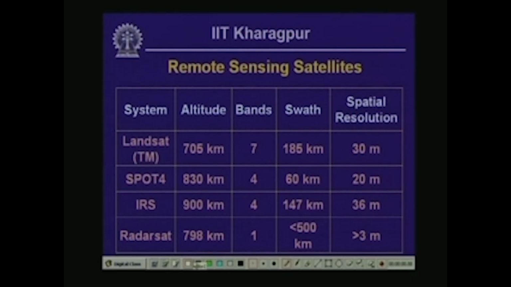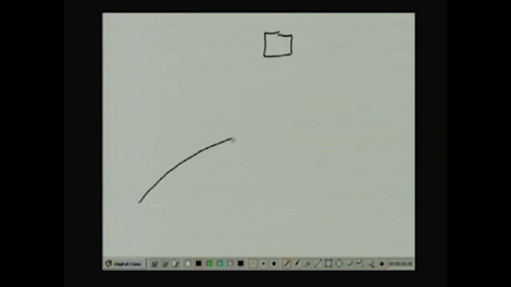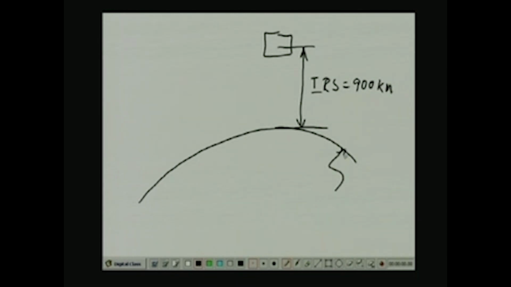Let me explain what I mean by swath width, these different terminologies that I used when I was talking about the satellites. Now, consider a satellite that is operating at some elevation above the earth, and this elevation depends on the platform that you are thinking of. For example, in the case of IRS, this elevation is about 900 kilometers. So, this is the surface of the earth, and by swath width what I mean is